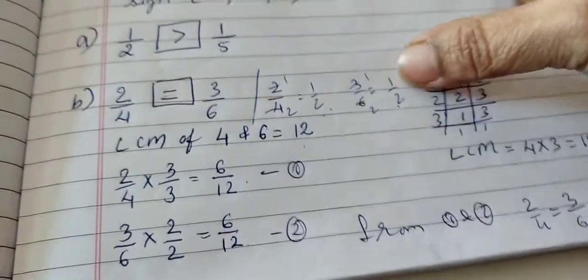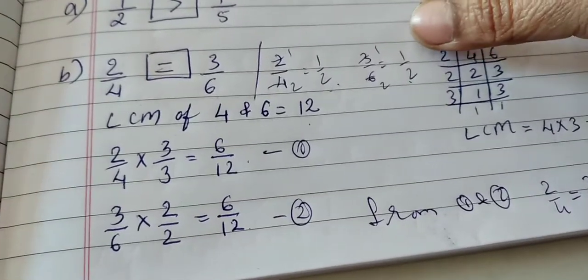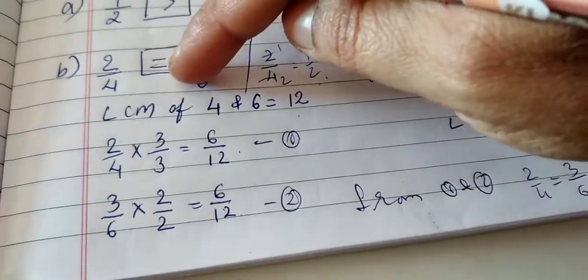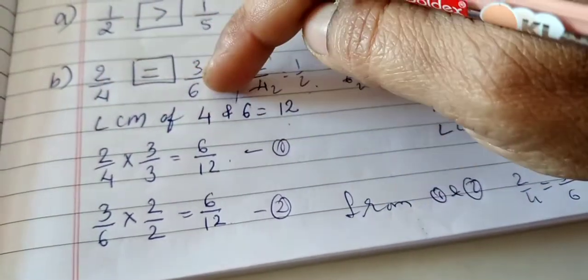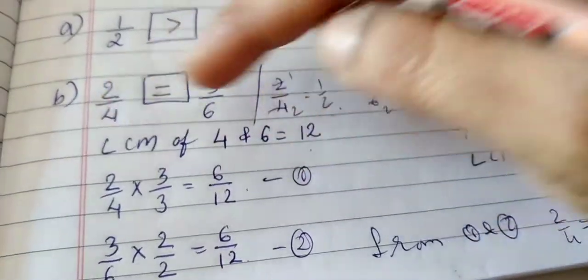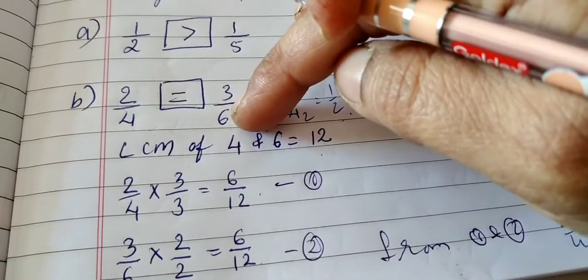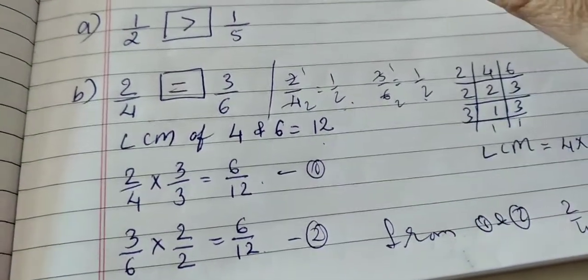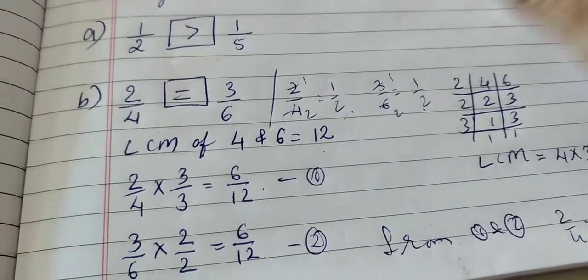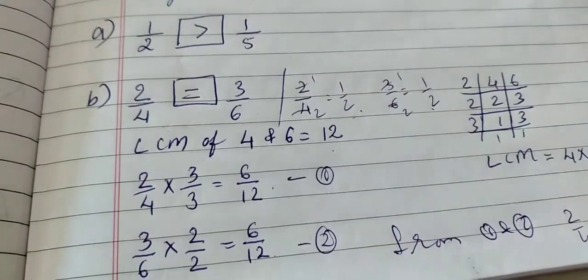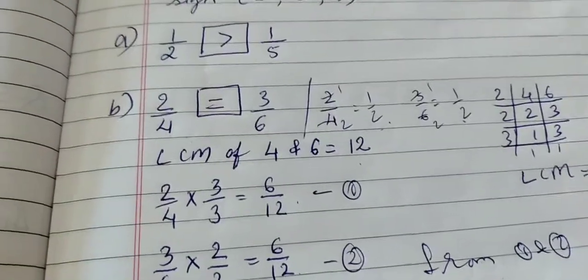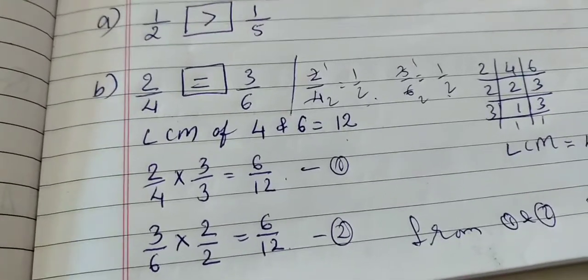This was quite faster. You could quickly tell just by simplifying, because looking at these two fractions you can come to know that they are not in the reduced form. Get the reduced form of both the fractions and check whether they are equal or not. If they are equal, then write yes, means put the equal to sign, and if they are not equal, greater than or less than symbol will come over there.